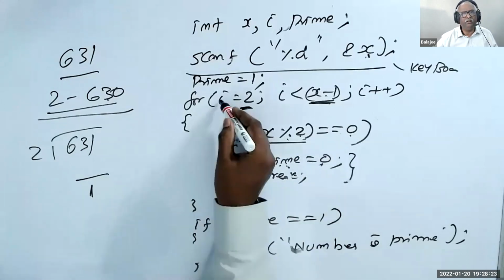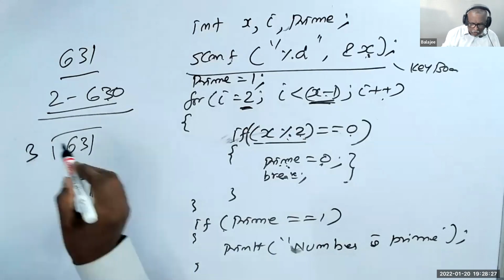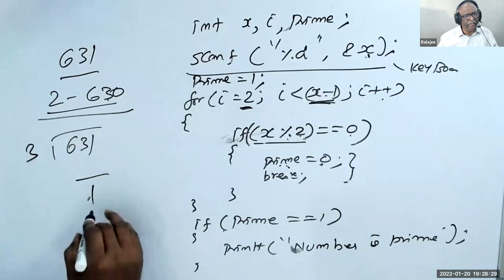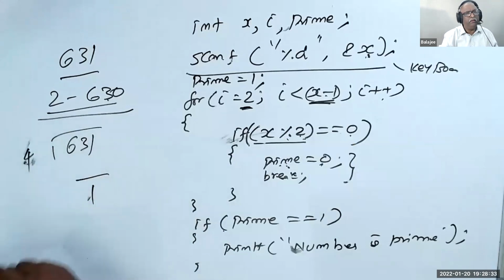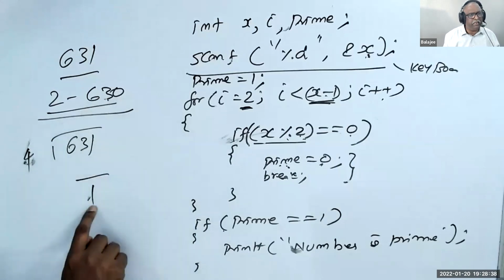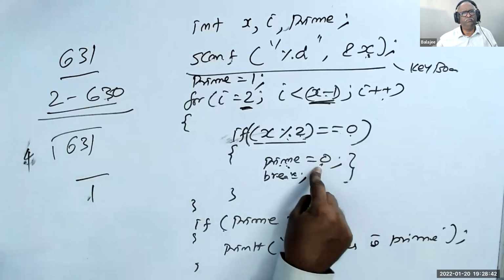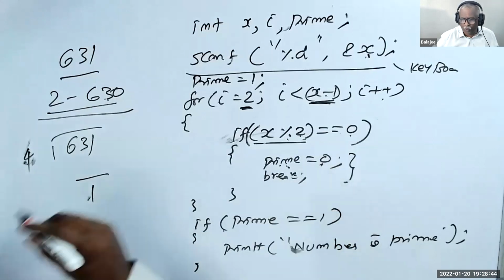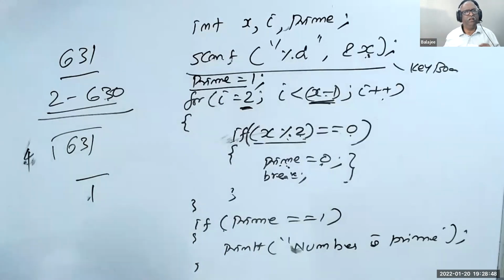I will go back. Then I'll check 3, x plus plus. Then I divide by 3. I got once again 1. Then I do 3, 4. I do every number from 2 to 630. The moment I get a remainder 0, then prime will become 0. But I assume prime is a 1. Whenever you give a number, I assume that number is a prime number. I assume. But while checking, if I get a factor,